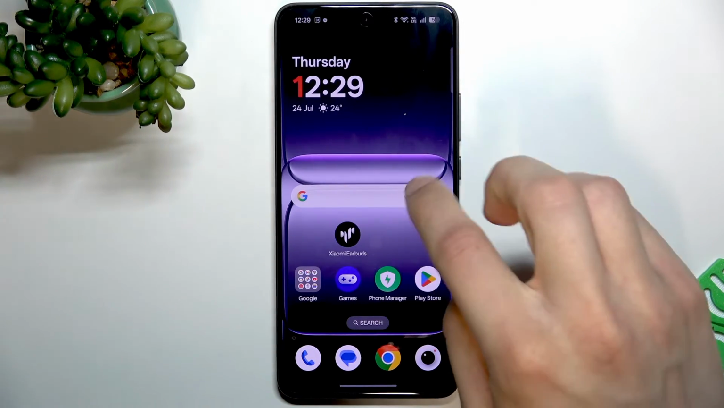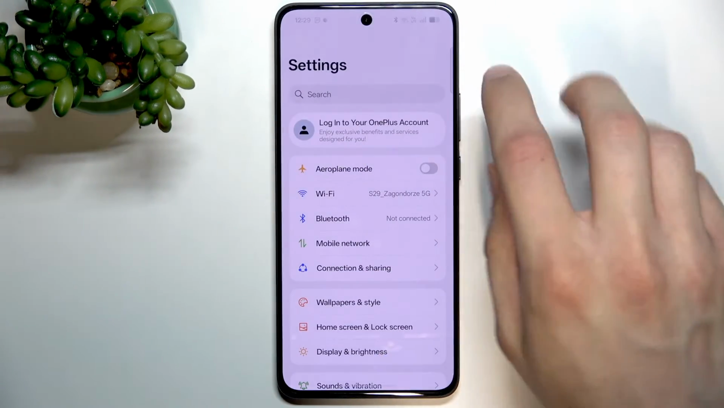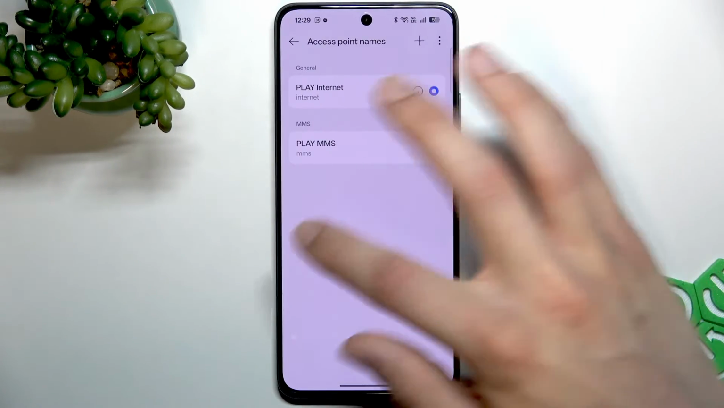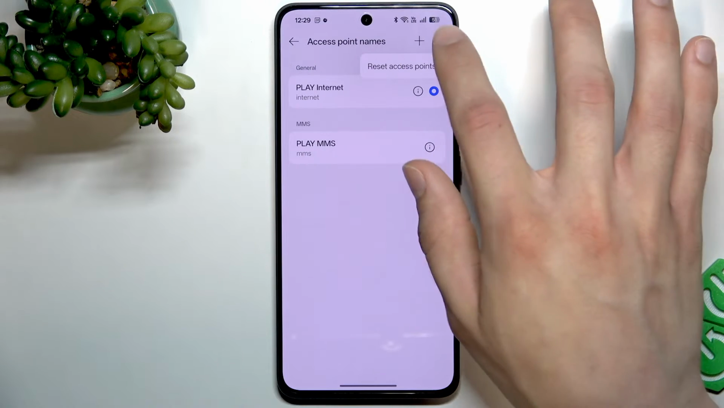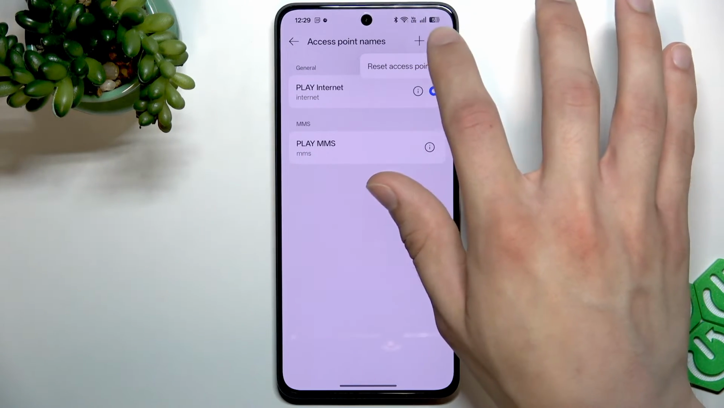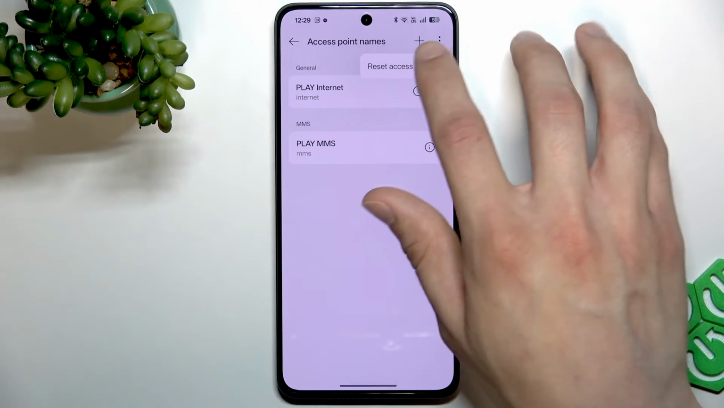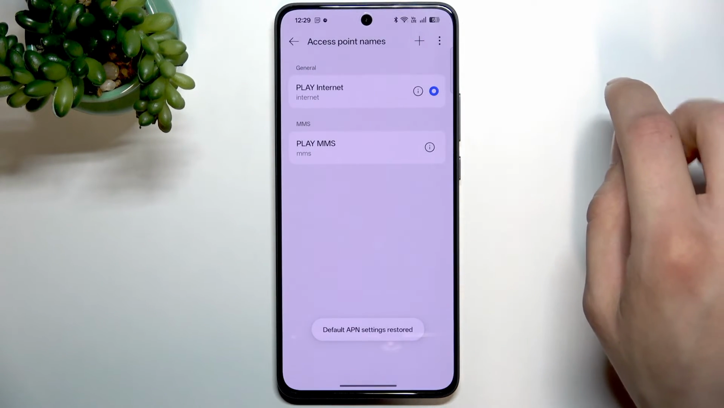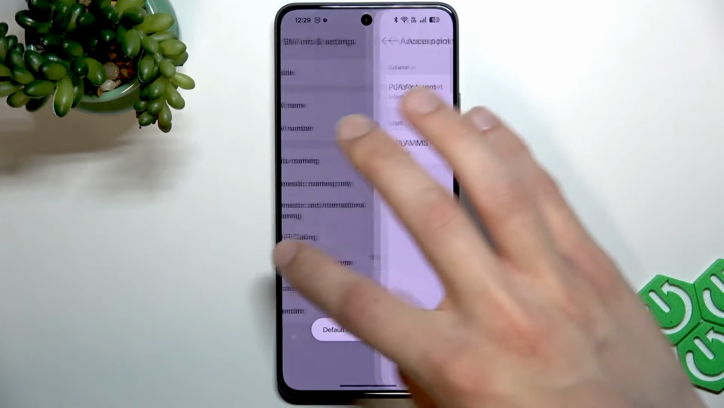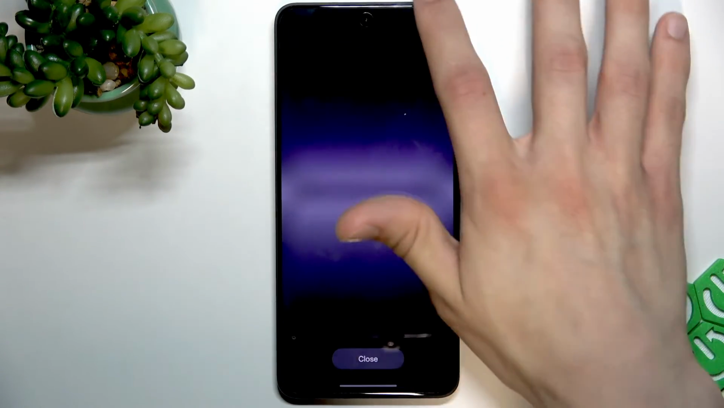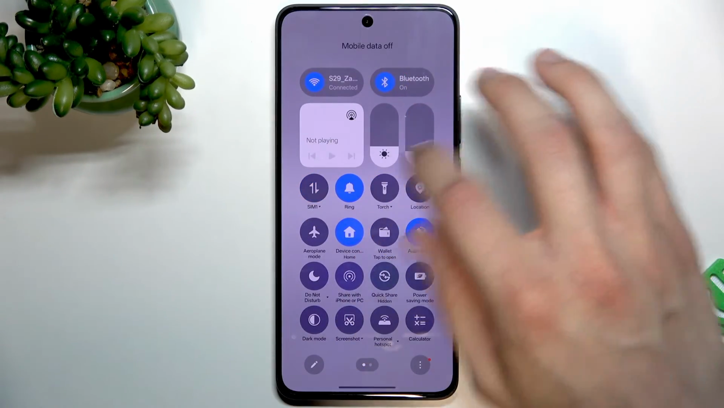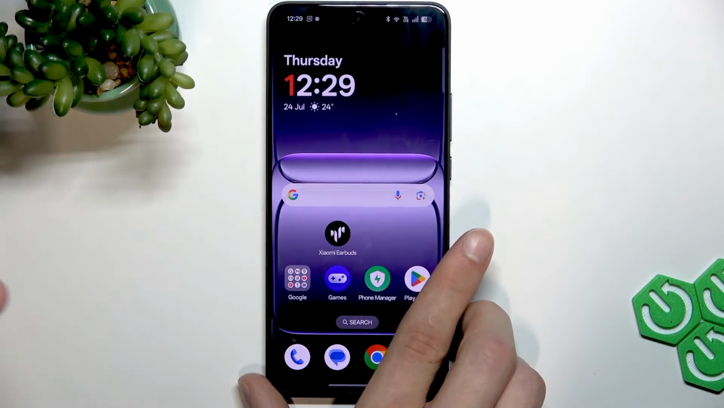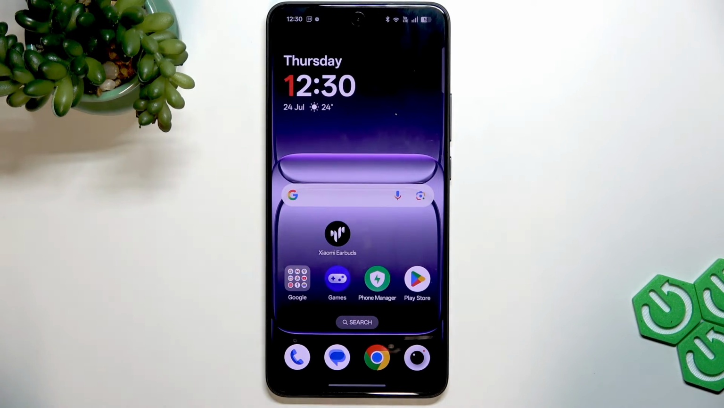And if it didn't, you can go to the settings, and in the settings select mobile network, select your SIM card, select access point names, click the three dot icon in the top right corner of your screen, select reset access point. Okay, and right now you can turn it off and on again and check if mobile data started working for you. Now if it didn't,